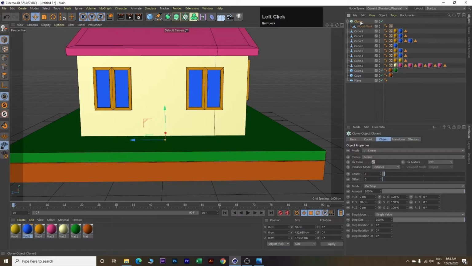Click on cloner, click on this fix clone, uncheck, then make this Y value as 0, then increase this Z value over here by clicking on this top arrow, and increase until these planks are at a good spacing from each other.